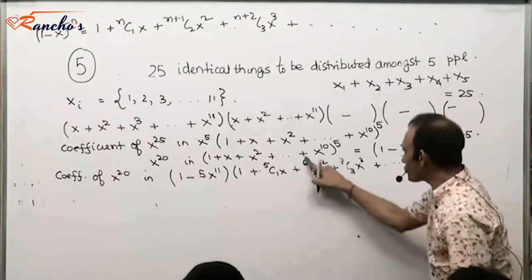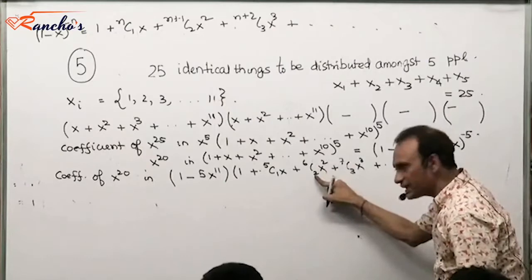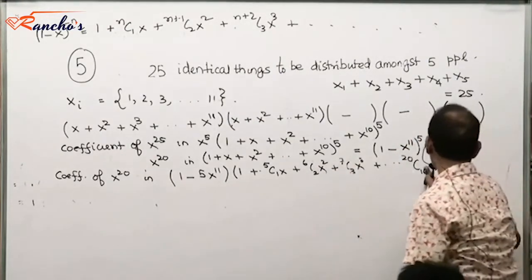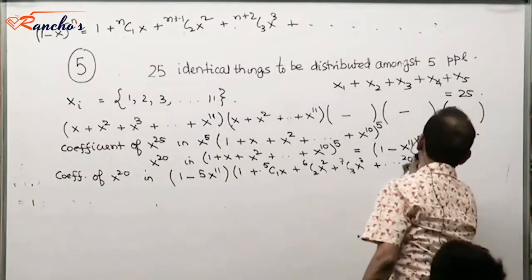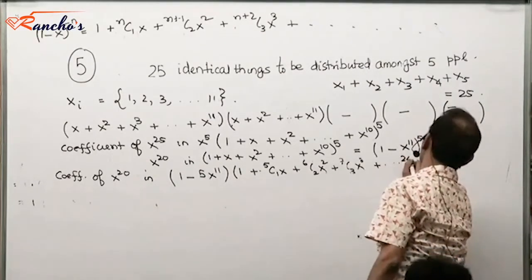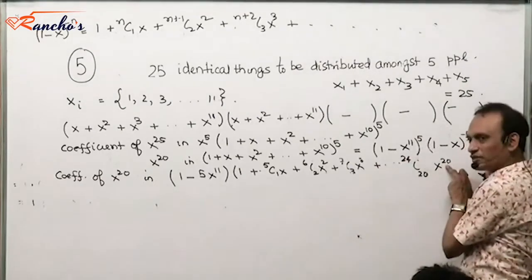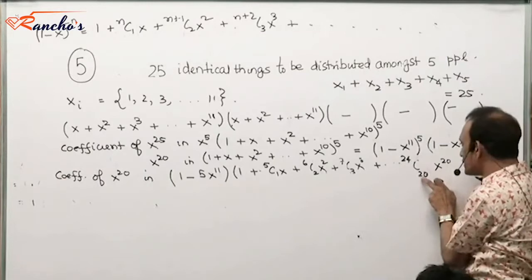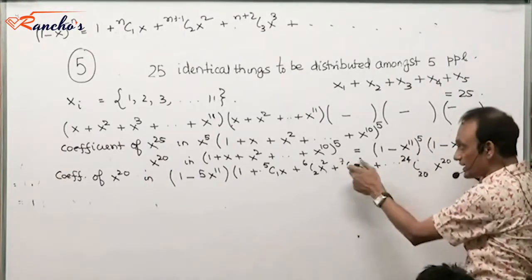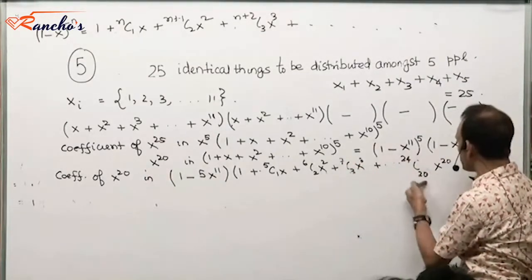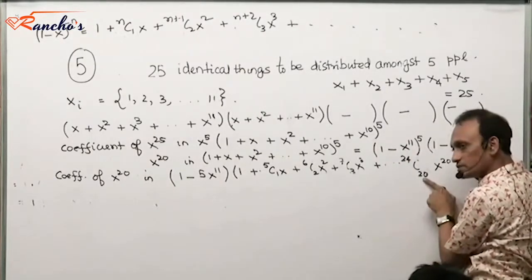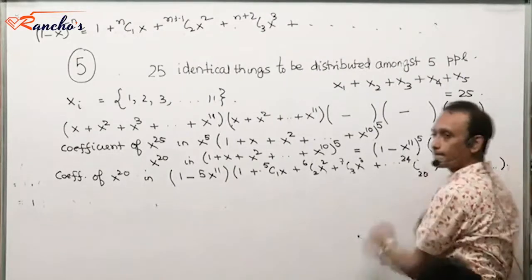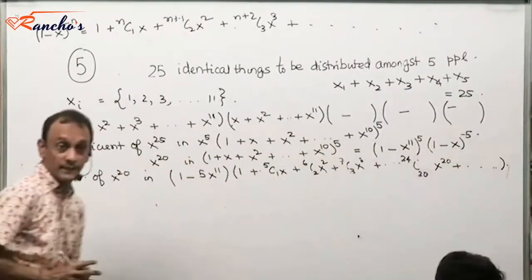See, this difference is 4 and these powers are going hand in glove with this. 2, 2, 3, 3. So when there is 20 here, this will be 20 and this will be 24. Right? There will be an x power 20 kind of a term that will appear in this, right? So that 20 will feature here and this will be 4 more than this, as you see the trend. This is 4 more than this is 4 more than this. The power of x here appears here, right? And so on and so forth. Clear now?